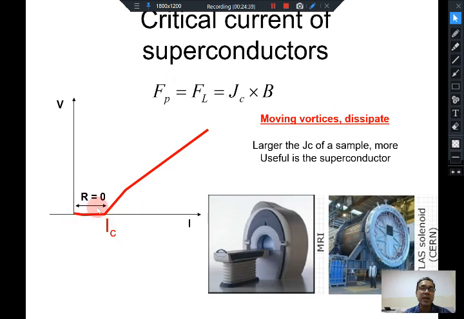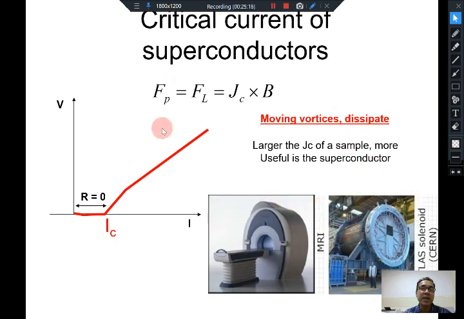without creating any dissipation. When you put in large currents, it is easy to understand that there will be large Lorentz force on vortices and they will start moving. But if you create sufficient pinning, then these vortices, even at these large currents, will remain pinned, will not move, they will remain trapped, and so no dissipation will occur. So the whole game is to get higher and higher critical current. How can you disorder the superconductor so that it can remain superconducting and at the same time increase the critical current? From the application point of view, this is very important.